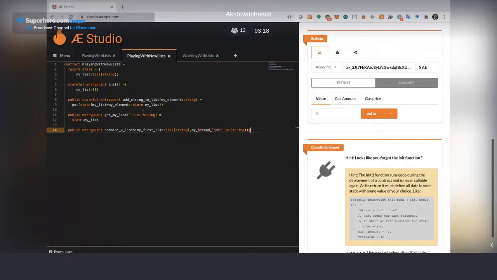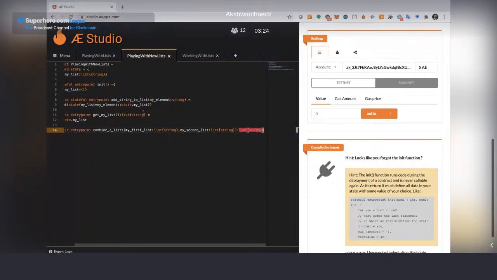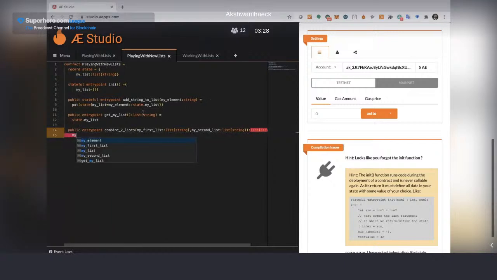It is going to return a list of strings also. And we are going to solve this by easily getting my first list being concatenated with my second list. And that should be it.